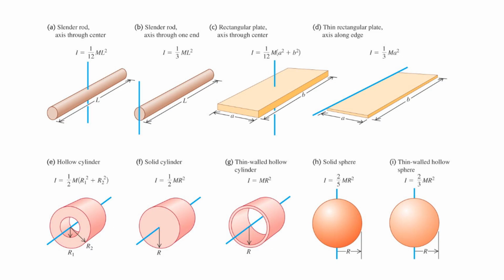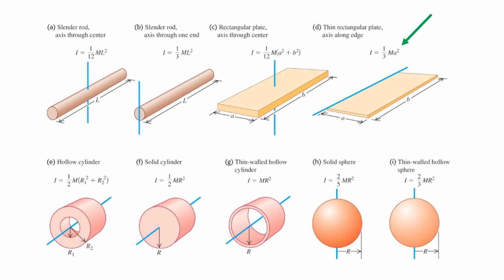But that's okay. We can approximate our castle door using option D here and just treat it like a thin rectangular plate. Thus, our moment of inertia expression will be this one here, 1/3 ma squared, where a represents the